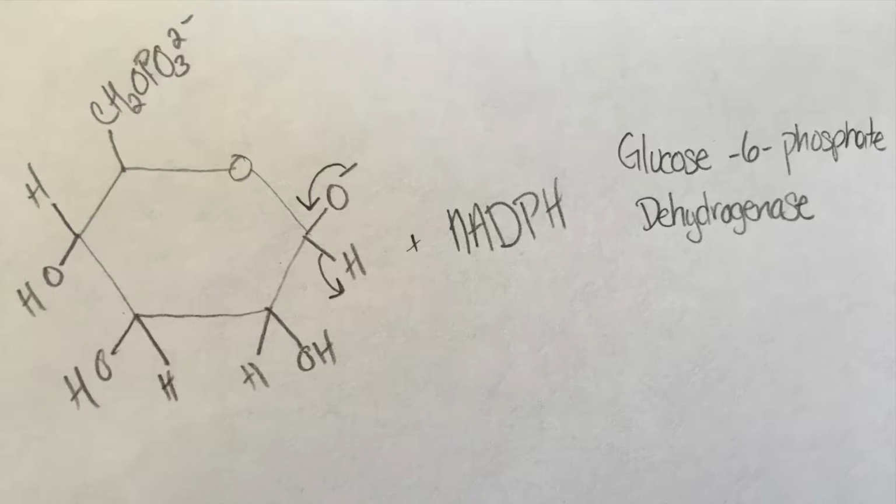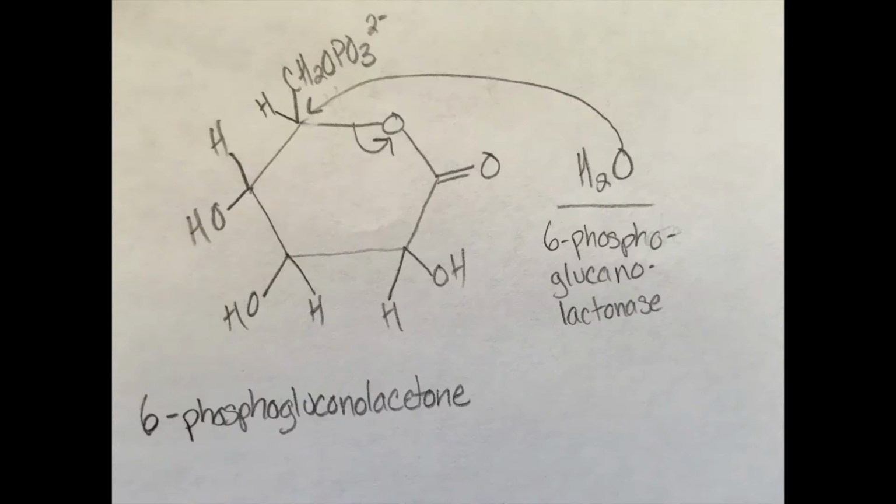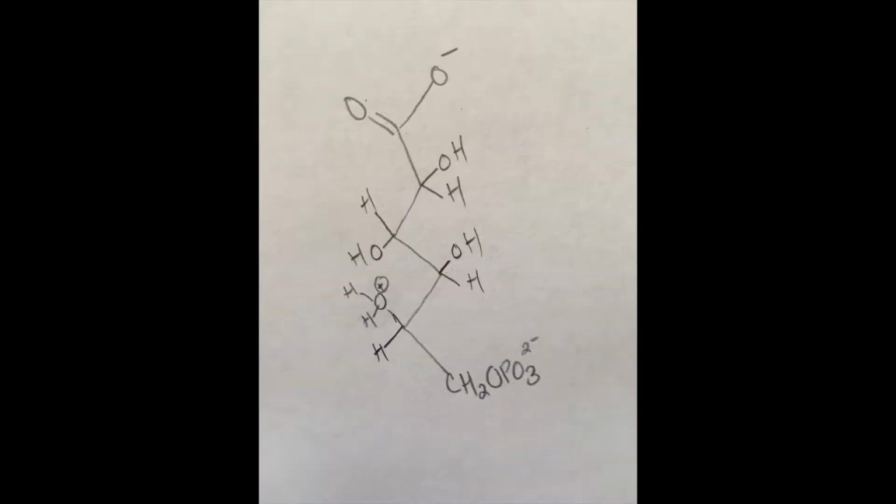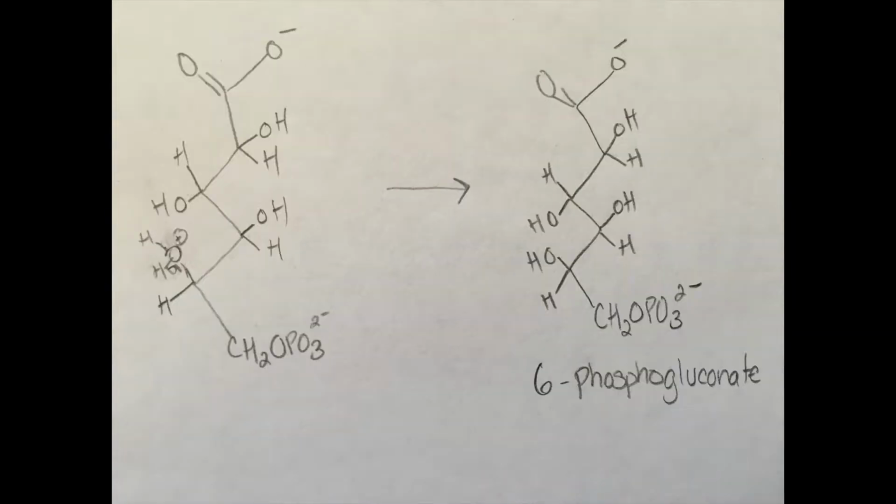as shown in the pictures. This is the committed step of the pentose phosphate pathway. Next, 6-phosphogluconolactonase catalyzes the hydrolysis of the ester linkage, resulting in the ring opening. The product is 6-phosphogluconate. Although the ring opening occurs in the absence of the catalyst, this catalyst speeds up the reaction, decreasing the lifetime of the highly reactive, potentially toxic